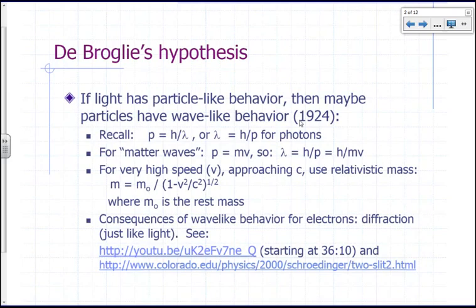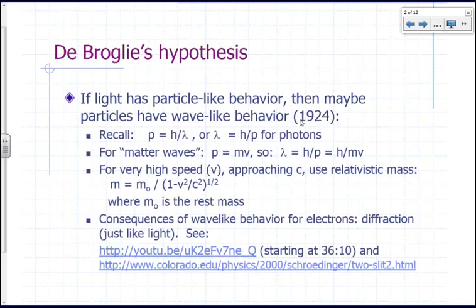So de Broglie's hypothesis was this. He made this in 1924. He said that if light has particle-like behavior, then maybe particles also behave like waves. So if you recall, for light with wavelength lambda, the momentum is equal to h over lambda, where p is the momentum. Or you can say that the wavelength is h divided by the momentum of the photons that make up the light. Now, de Broglie suggested then that for electrons, for matter,